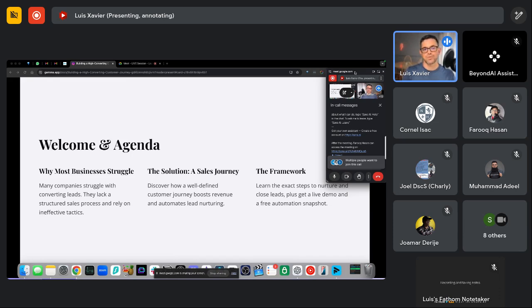Then I'm going to touch on the solution itself, and spoiler alert, it's going to be the sales journey. Then I'm going to do a live demo and show you the entire framework, how it works from the very beginning all the way to the very end. And I will then give you access to all the automations so you can implement that yourselves.